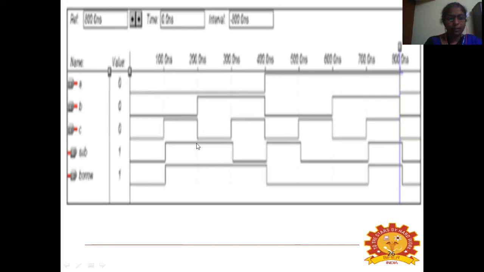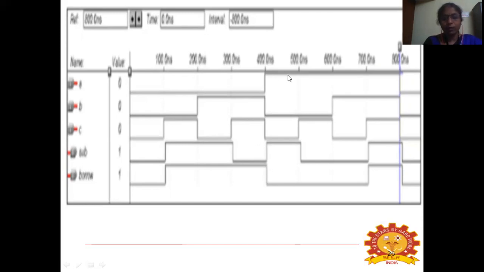So sub will be 1 and borrow will be 1. 0 minus 1 minus 0 from 200 to 300 nanosecond. So sub will be 1 and borrow will be 1. From 300 to 400 nanosecond, it is 0 minus 1 minus 1. So sub will be 0 and borrow will be 1.